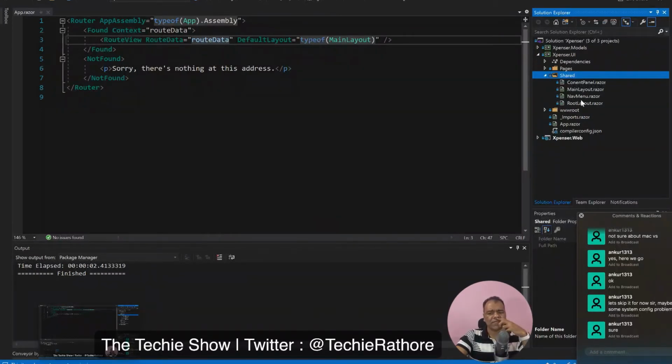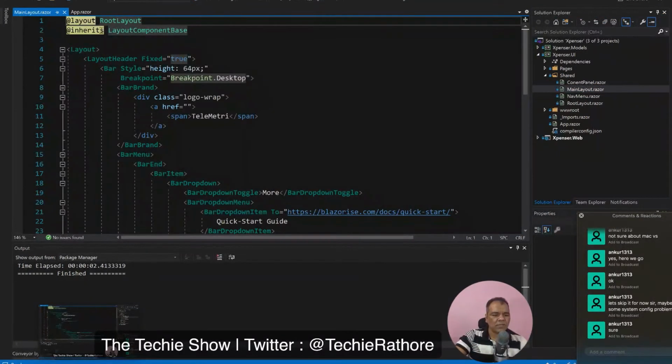All these different types of layout are similar to your master pages. In MVC also there is a layout file. The same thing is here, it is layout.razor. If we open this MainLayout, it basically inherits LayoutComponentBase. This LayoutComponentBase is the one which is used to create the layout. So it's kind of a master page, or a base first page on which the whole application is laid out. So you can set the layout header and everything, or these things are set up.